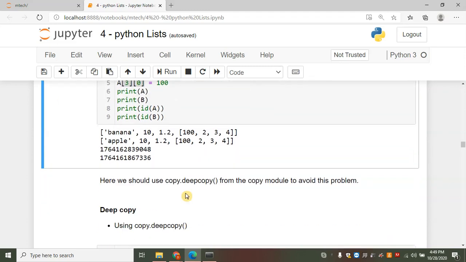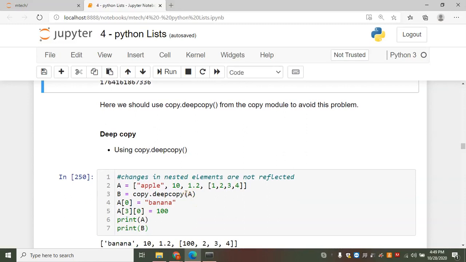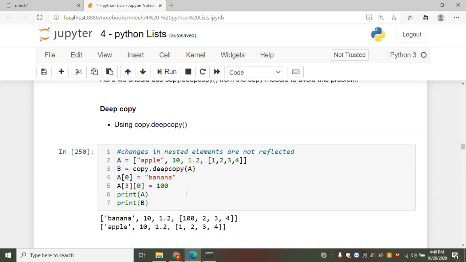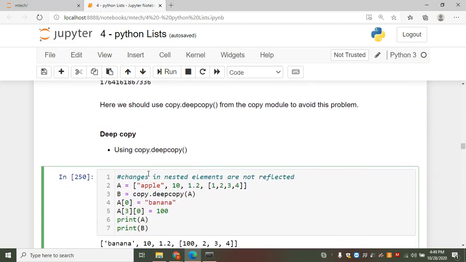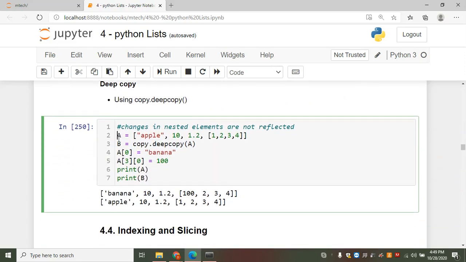So here we should use copy.deepcopy from the copy module to avoid this problem. So let us understand deep copy. Here changes in nested lists are not reflected. The same example I used above, I am using here.